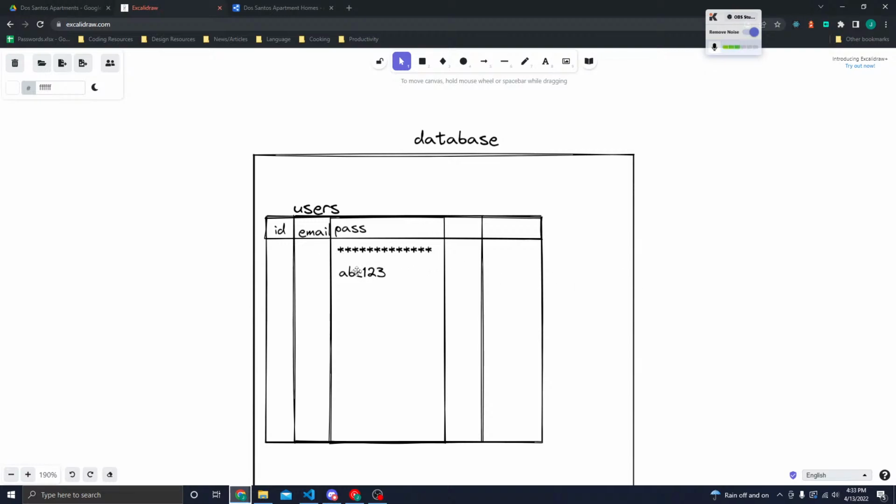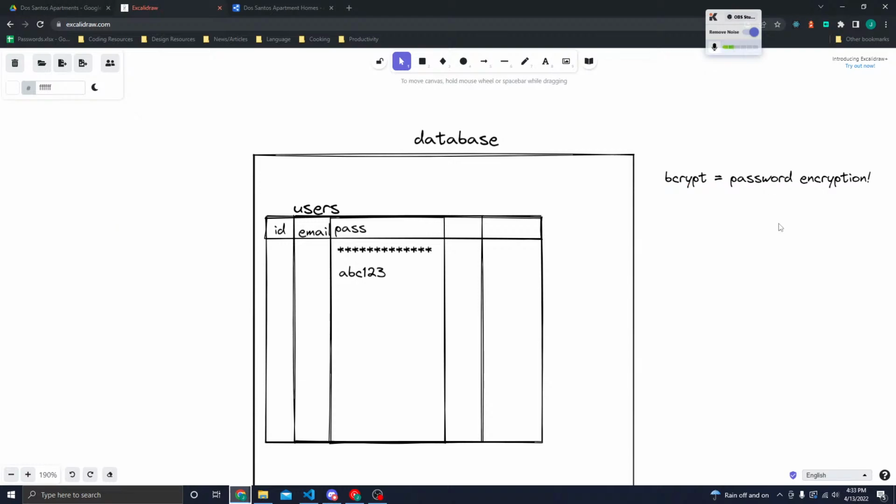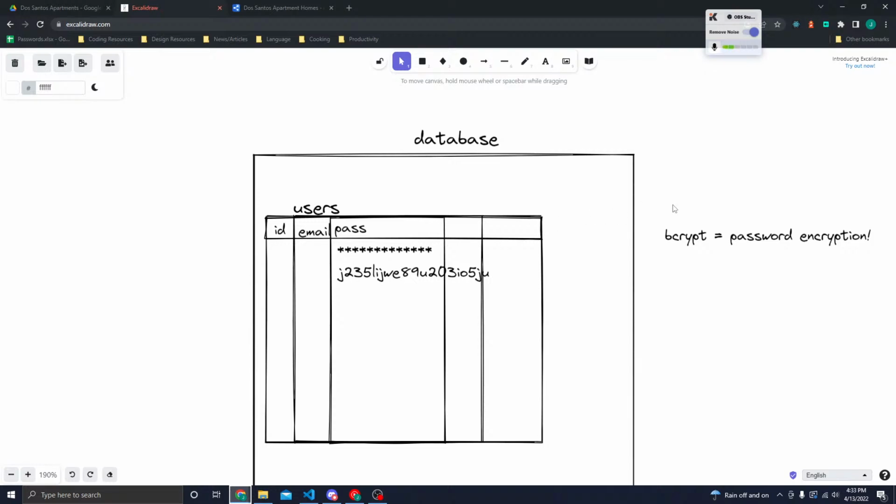So in order to make all these things possible, we have something that we're going to use. Bcrypt equals encryption, password encryption. So this is more of a final layer. Even before we start encrypting these passwords into some really strange, long passwords that we're going to save, before we have this extra layer of randomness, we actually first need to use something called